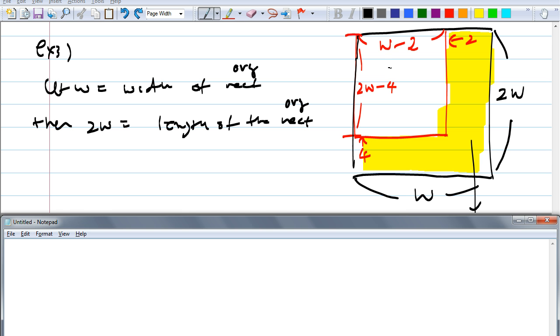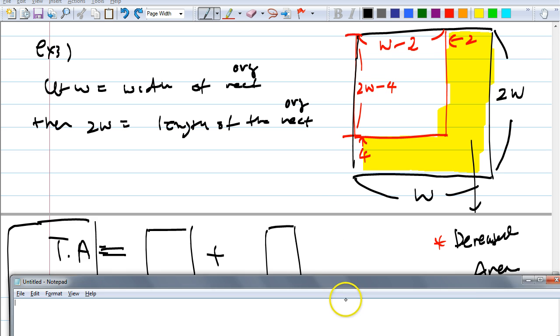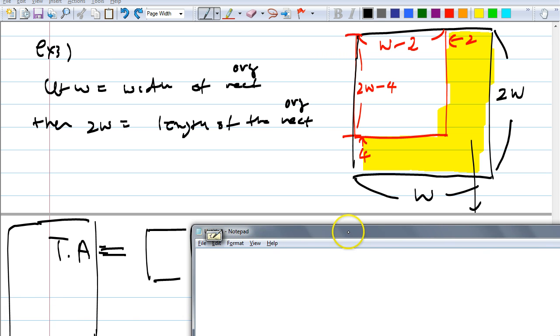Right? Okay. So here's my width, W, and then that's decreased by 2: W minus 2. My length is 2W, so the length is decreased by 4. Is that okay? Are we good? Alright, so then, of course, again, by the way,